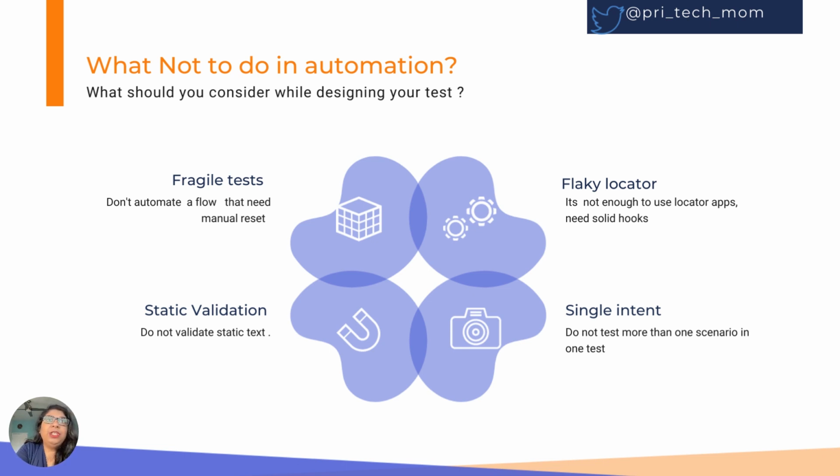But my suggestion is, just validate if the element is visible, and then choose some kind of visual validation tool which is super easy to update whenever the text changes, right? Do not get married to the text of the element and directly start validating the text. It makes your test super flaky. Locator: it's not enough to use those locator apps that we get in our Chrome browsers. They do not give you very robust locators.